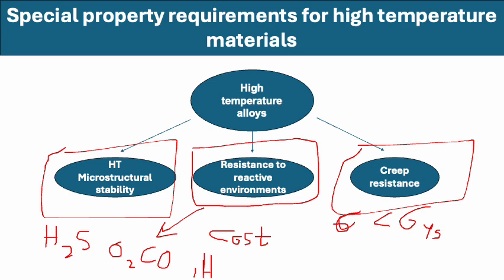For example, you want to select a material. If you have a precipitation hardened material, let's say there's a phase diagram here. So this is temperature and this is the alloy composition. You have a two-phase region, let's say it's an alloying element B. You have an alpha plus beta phase region here. This is the phase diagram. So you want to choose the material